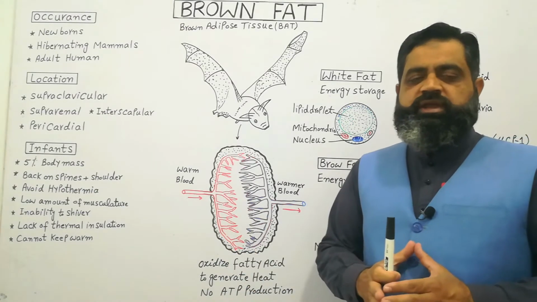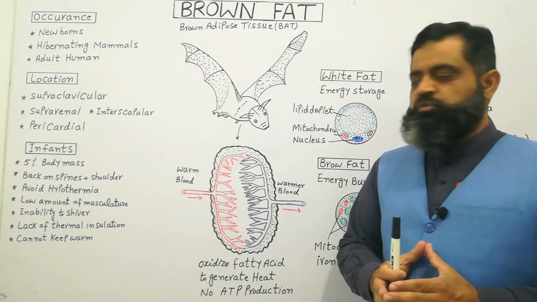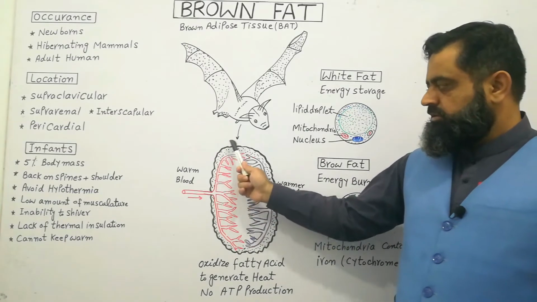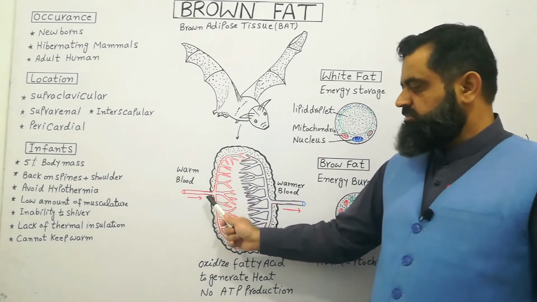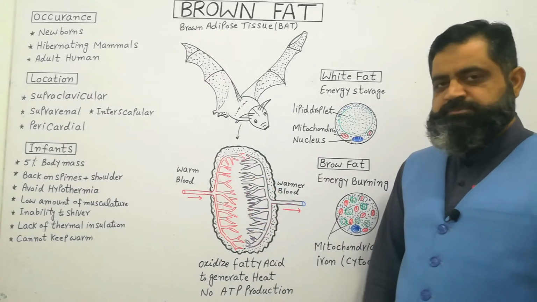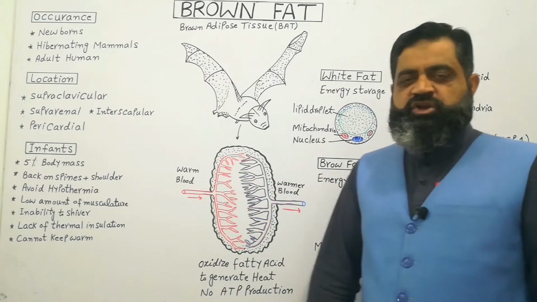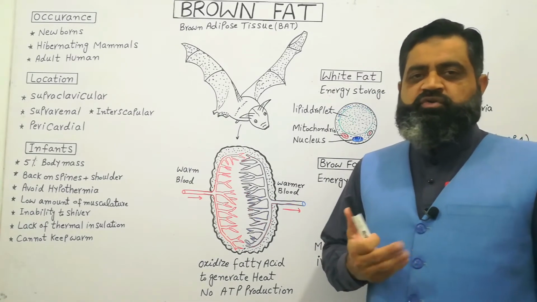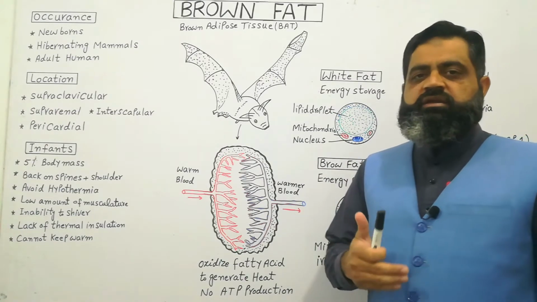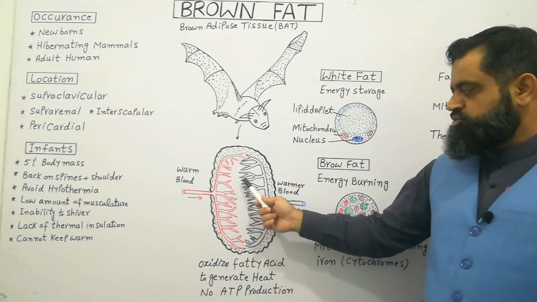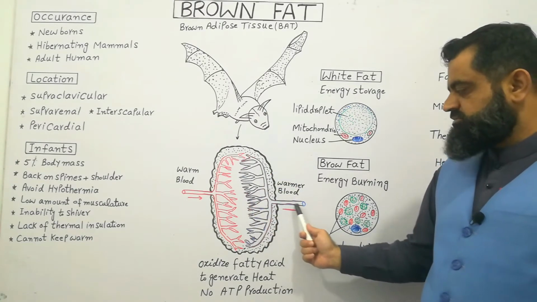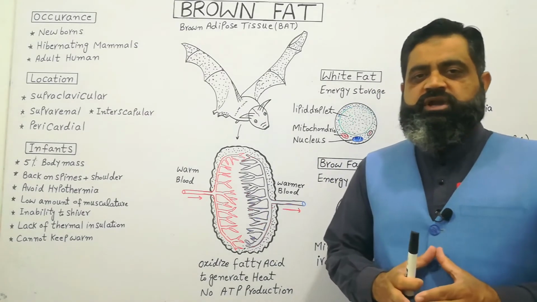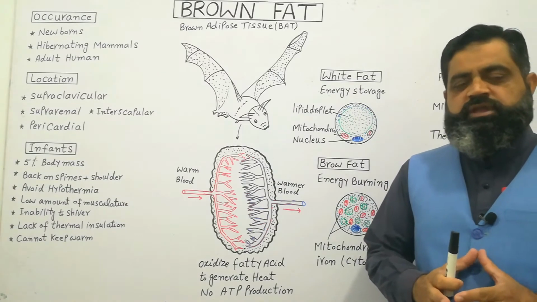When blood is cold and not warm enough for the body, the blood which is getting colder enters the brown fat with the help of a blood vessel, where the blood vessel divides and subdivides into capillaries. Here a process known as non-shivering thermogenesis occurs. During thermogenesis, heat is produced by brown fat and the blood gets warmer, and then these capillaries join together to make another blood vessel, and blood returns to the body and it gets warmer. In this way, brown fat helps to produce heat to make the body warmer in cold or winter weather.